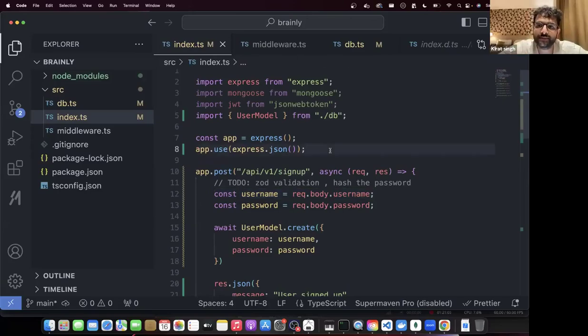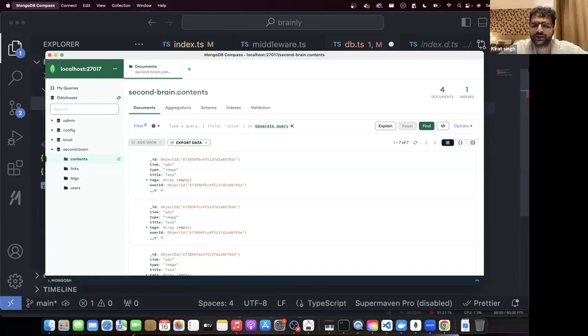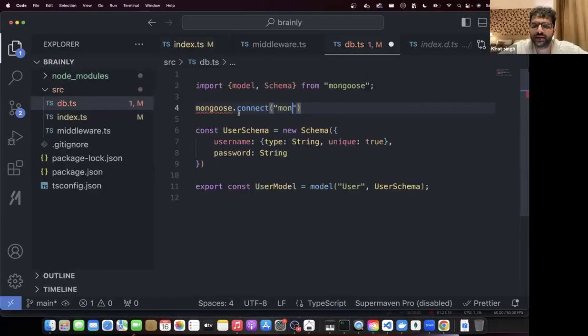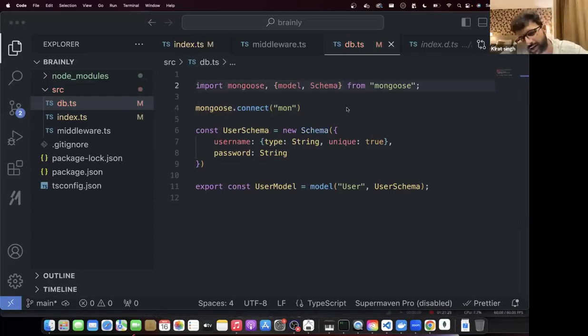What is the second thing that is missing? I forgot to do a mongoose.connect. So either in this file or in db.ts, I can do a mongoose.connect and put the MongoDB URL here, which for me looks something like import mongoose. For me, since I'm running it locally, it looks something like mongodb://localhost:27017.